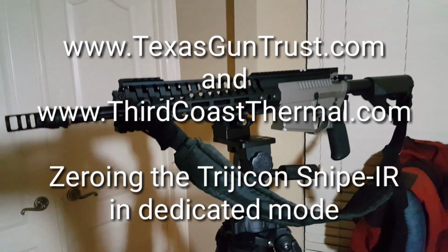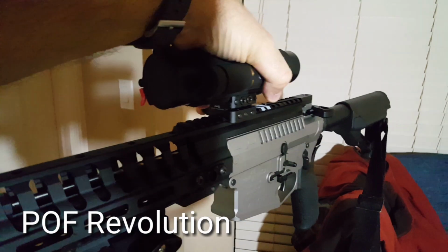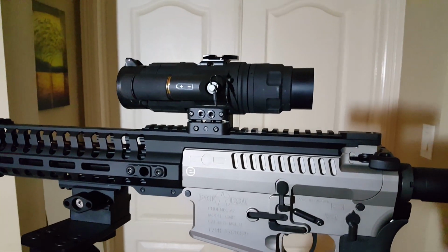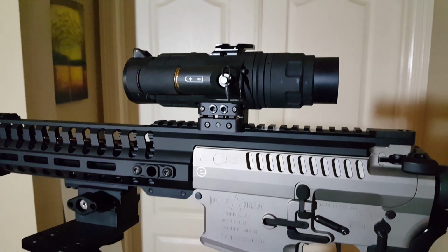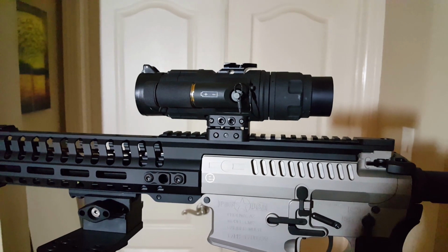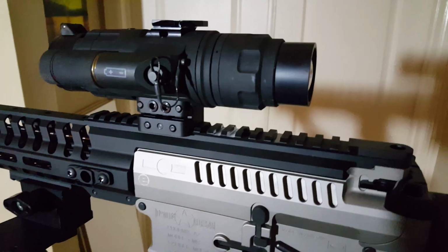Okay, so here's the POF Revolution, and if I'm going to use this as a dedicated weapon sight, I usually mount it a little further forward. Since it's a clip-on, it doesn't have the normal focusable ocular lens, and the eye relief is quite long, so I mount this sight way forward on the receiver when I'm using it as a dedicated weapon sight. And you can see I've got markings for...